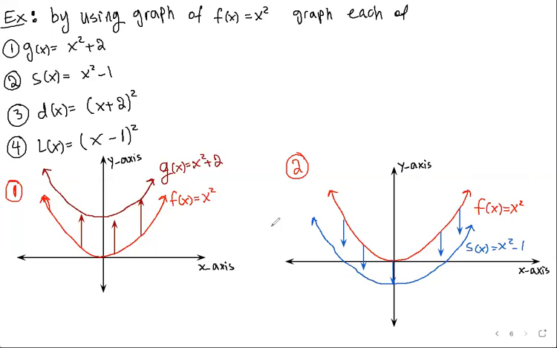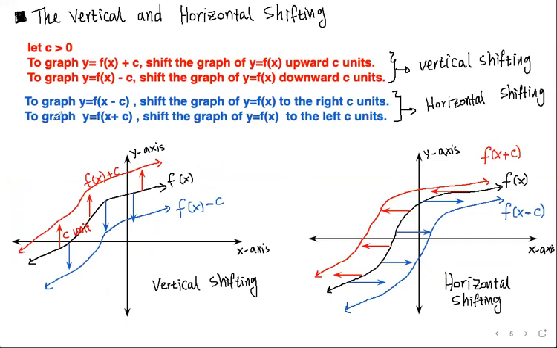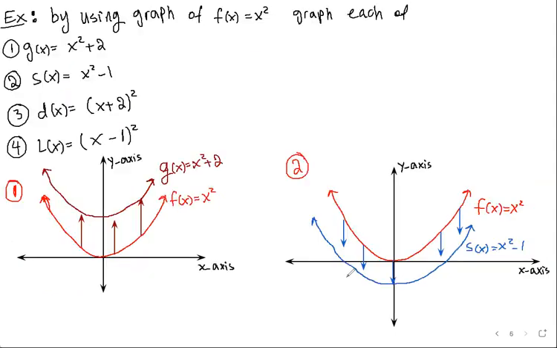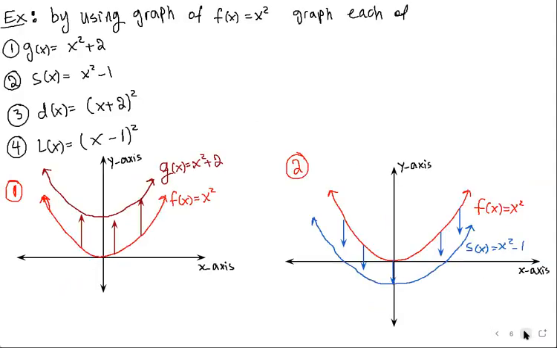Here, d of x equals x plus 2 squared. A plus for this one. To graph the function y equals f of x plus c, we shift the original function y equals f of x to the left c units, and this is a horizontal shift. So for number 3, we shifted horizontally 2 units to the left. Three, d of x equals